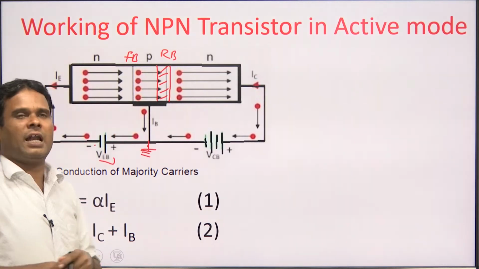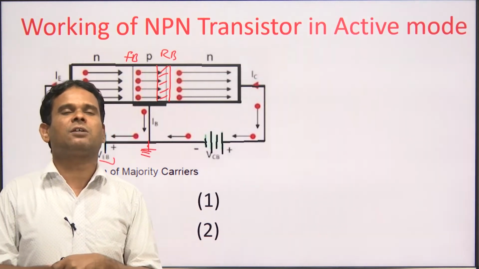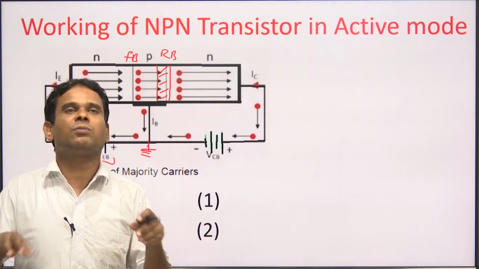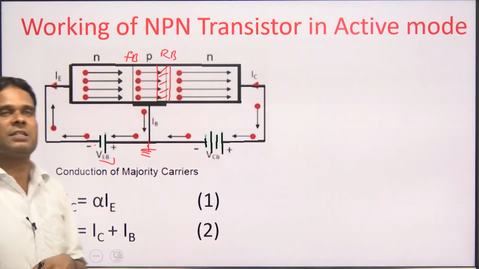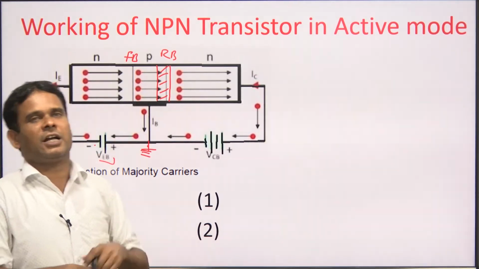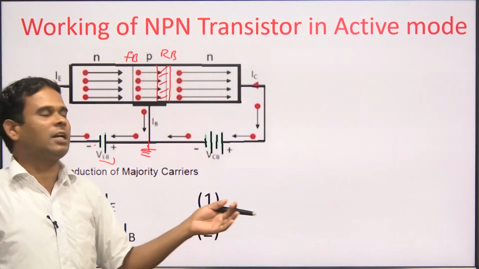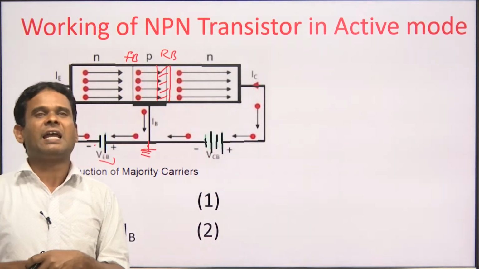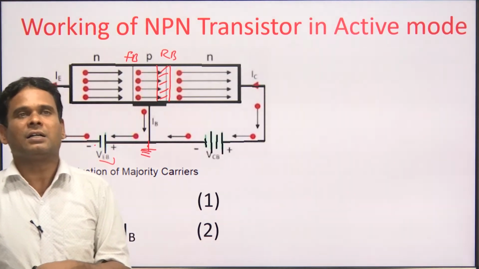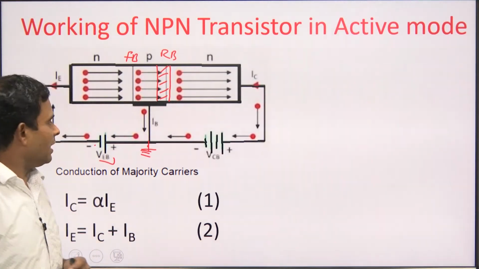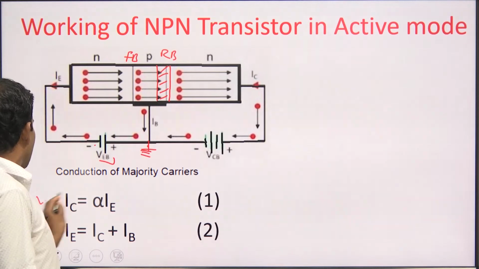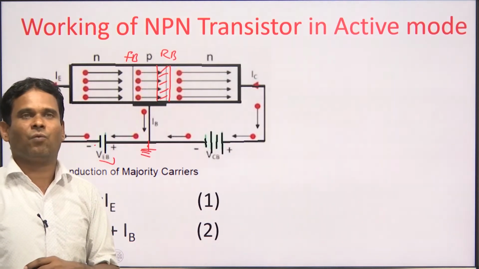Now, 2 electrons will recombine with 2 holes of the base layer. This is called the base current or recombination current. Now, 98 electrons, or you can say more than 98 electrons, will be collected by the collector layer, and that is called the collector current IC, and IC is equal to alpha times IE,